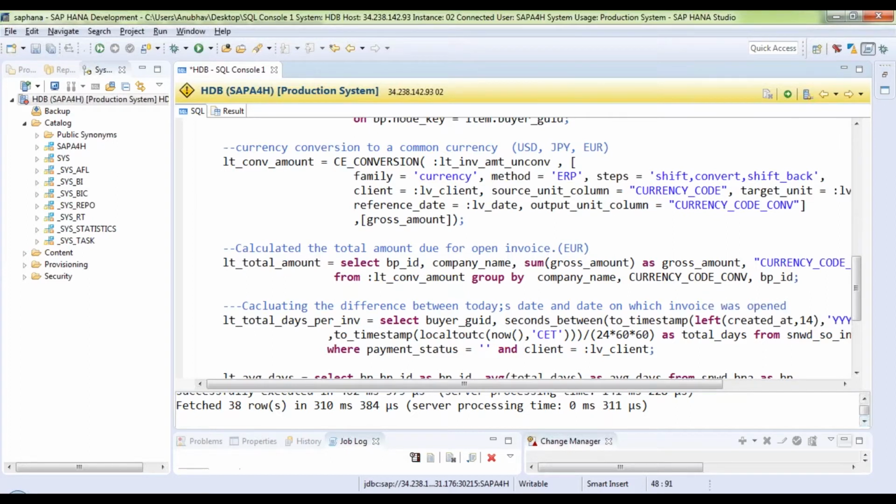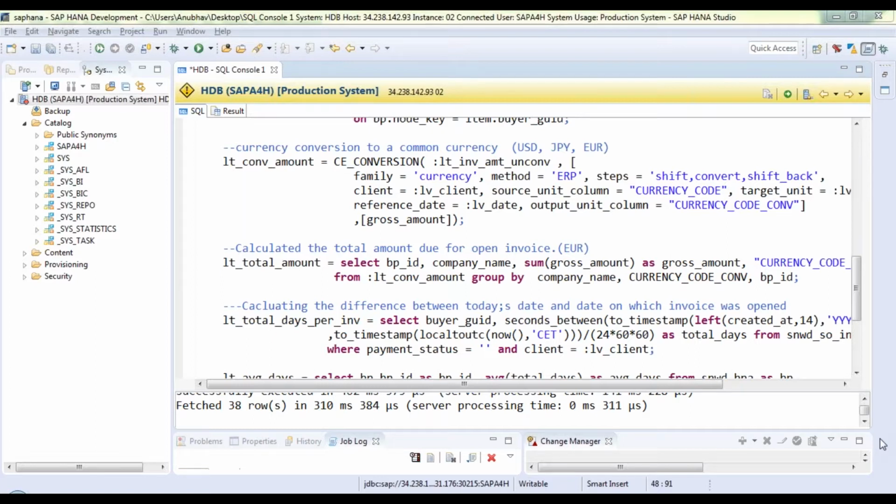Is there the same way to handle locking in SQL script? I did not get this point. What question is this? Is there the same way to handle locking in SQL script? So no, in ABAP you have the data dictionary concept to handle your logic, but here in SQL script there is a concept of creating an autonomous transaction. You put all your insert, update, delete statements in an autonomous transaction, and until you do a commit, it is not going to update the database.